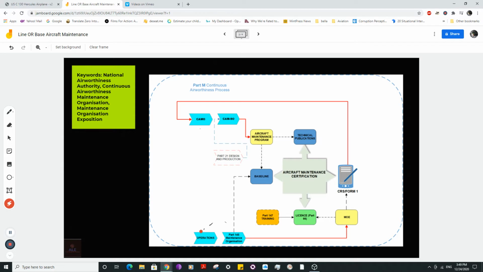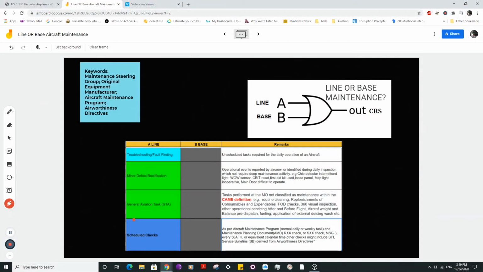Operation, let's say in this sense, this could be the owner, the lessor, or whatever it may be, the customer. And obviously you are in this part here, the Part-145, as many airworthiness authorities call it, maintenance organization. So once again, the scheduled checks are the normal routines, and they are prescribed by what is called the maintenance steering group, or unconditioned maintenance, as we call it nowadays, which actually prescribes all those